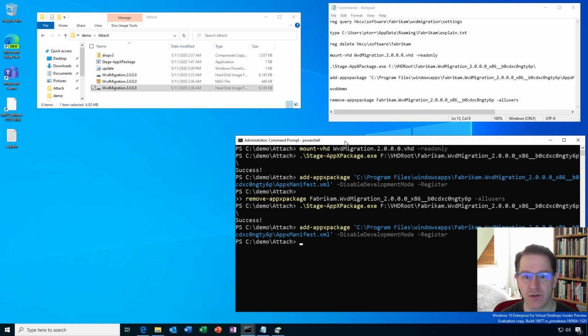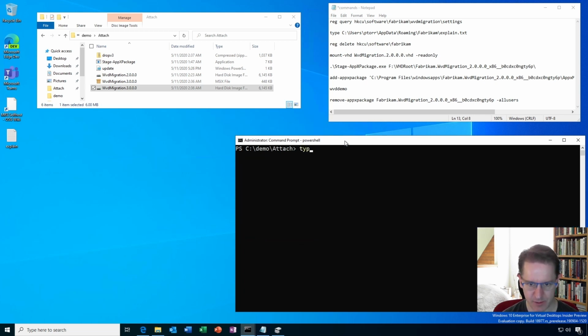And again, this would normally be all automated in the back end. Typically, it would happen when the user logs off and logs on again. We would switch the VHD they were using. Again, the VHD would be on a network share. And I'm going to show you this automated by just running a simple script. So if I clear this for now, and I show you